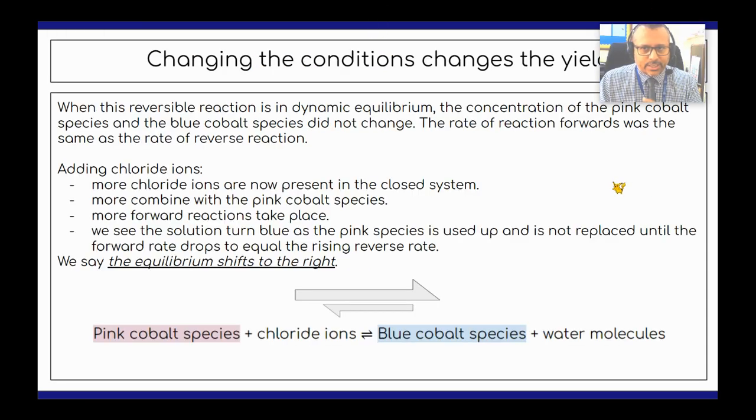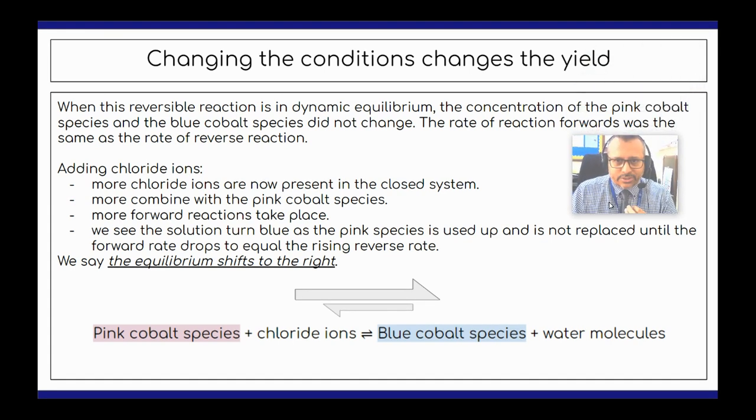So changing the conditions can actually change the yield. When this reversible reaction is in dynamic equilibrium, you've got to remember that the concentration of the pink cobalt species and the blue cobalt species did not change. The rate of reaction forwards is the same as the rate of the reverse reaction when you have dynamic equilibrium set up. Adding chloride